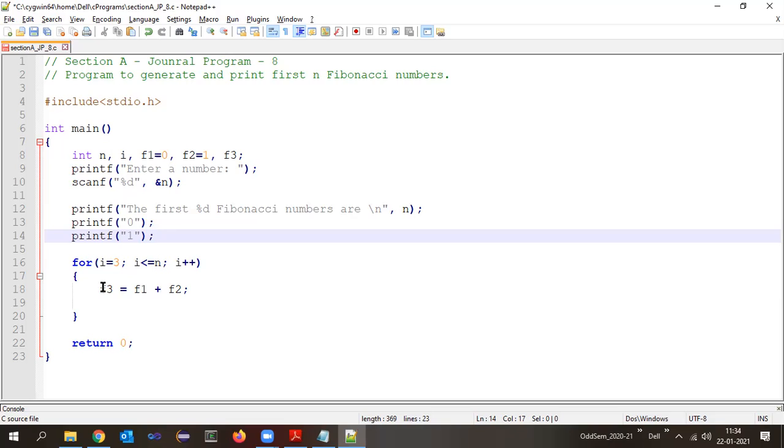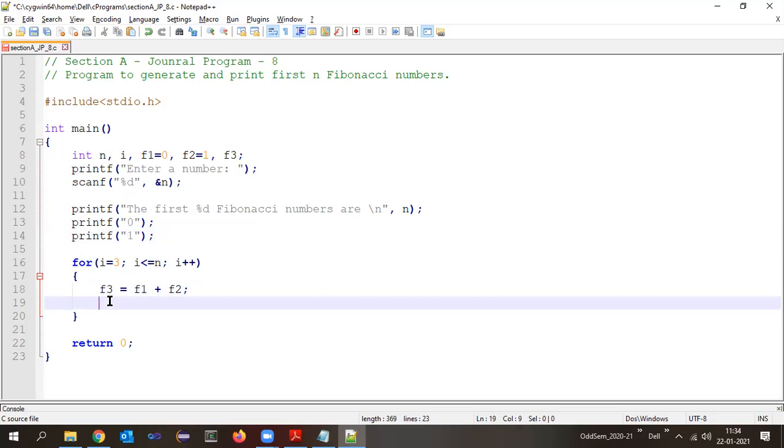Now here I have calculated the f3. Now I want to print what? f3, that is the third number here. So printf, I want to print the f3. So percentage d, next line \n, double quote complete, then f3.